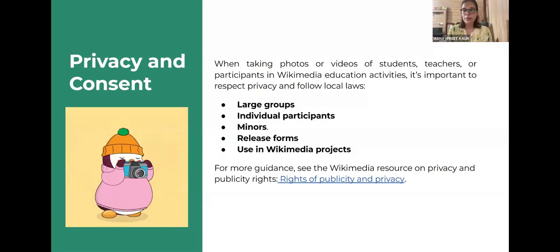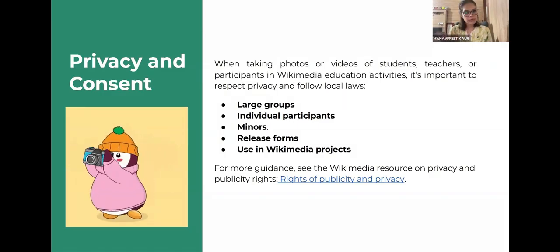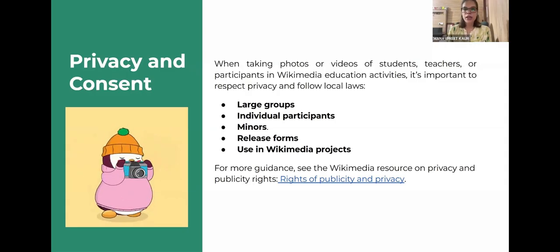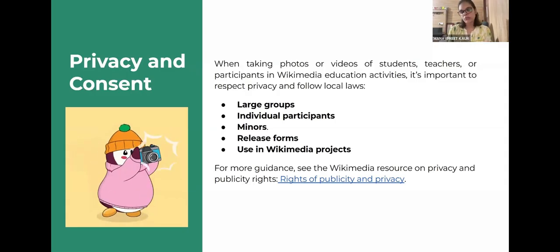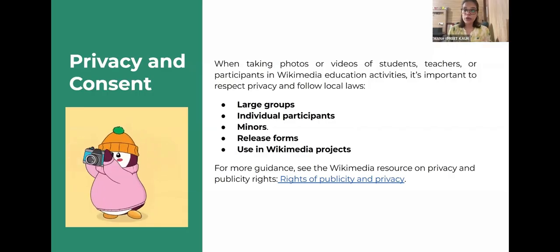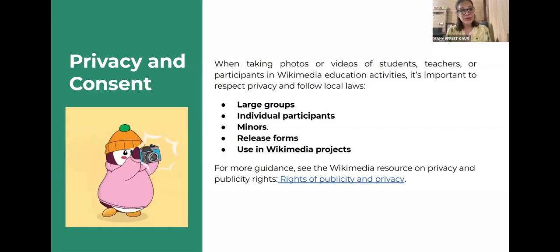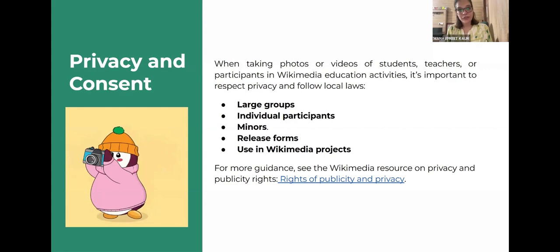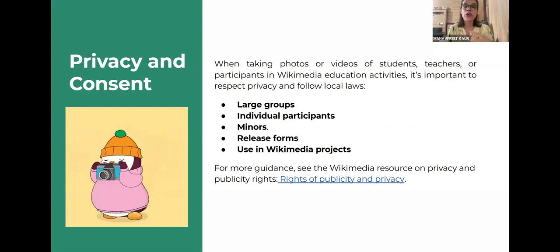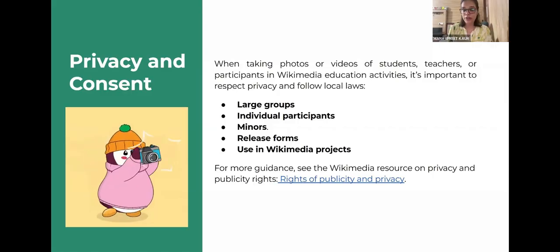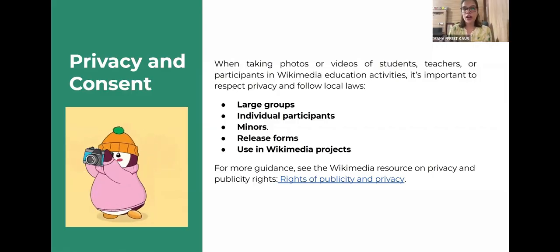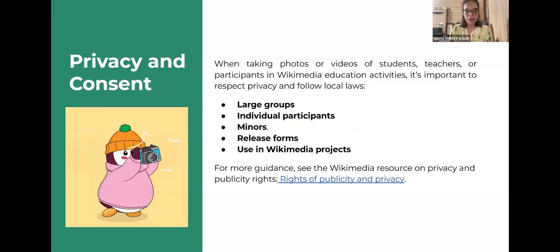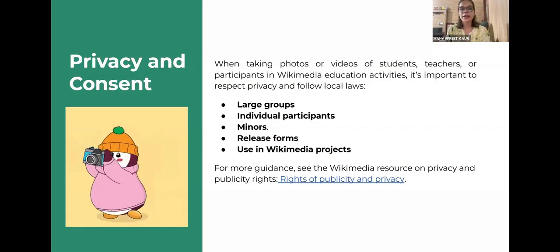Especially in this space, privacy and consent are critical because there are students involved, and sometimes those students can be minors as well. For example, for large groups, photography is usually fine, but when focusing on individuals, especially minors, we must seek consent. Though there were some cheat questions in the quiz before this, it was so heartwarming to see that we all are already very conscious of what our responsibilities are in this space, especially around minors. And most of us are already aware that this consent in the case of minors comes from their guardians.